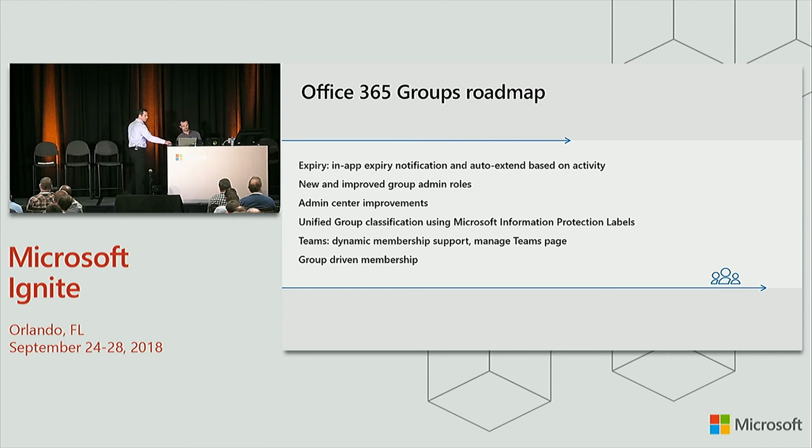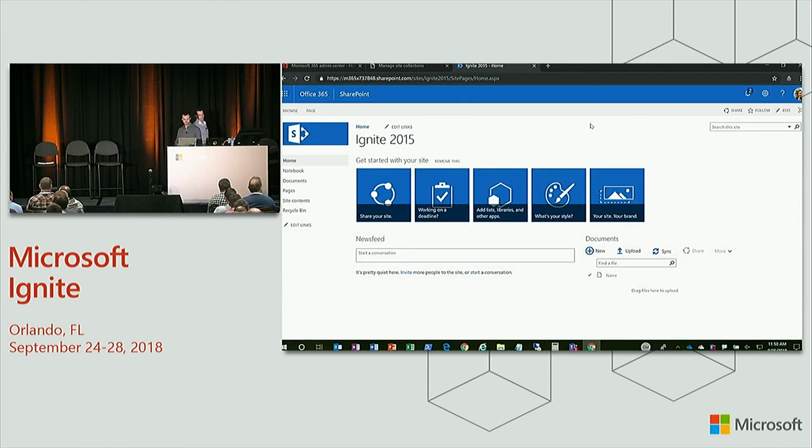All right, so given this roadmap, let's take a look at a few forward-looking demos. All right, so here I'm in SharePoint. This is a SharePoint site collection built in 2015 at our first Ignite in Chicago. Was anybody there in Chicago? Oh, awesome. I think we should give out little badges for each year that you attend Ignite. So here, this is a beautiful site collection, right? In 2012, this was beautiful.